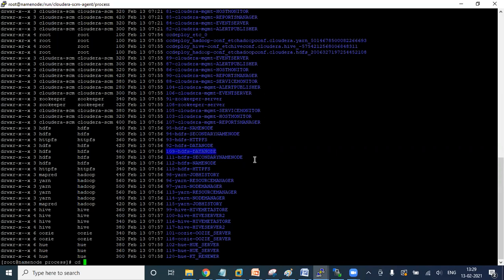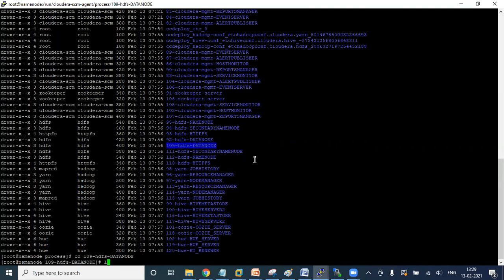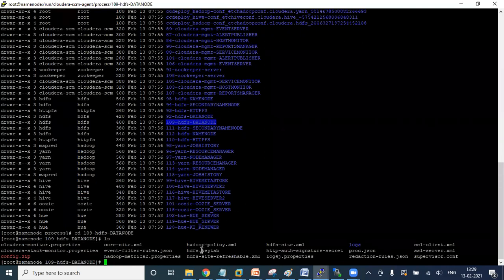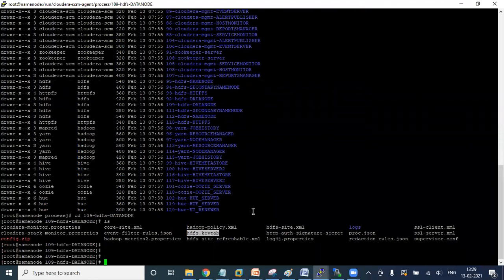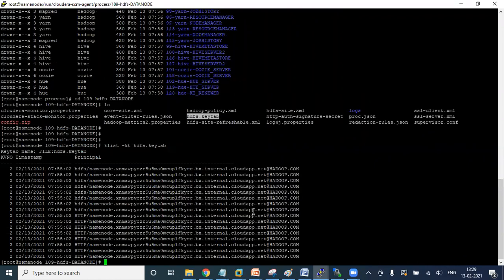You can do cd HDFS data node. Here you can see the HDFS keytab. If you want to become the super user of HDFS, you need to authenticate with the HDFS keytab. So to get the keytab principal, klist -kt keytab name. This is the HDFS keytab principal.